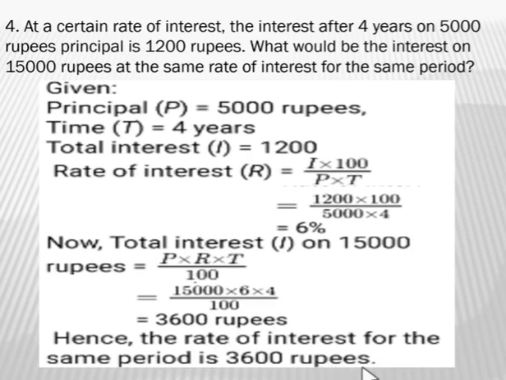Now children, one more thing you can do in this example. Now here the ratio of interest to the principal remains the same. That also you can take here. Now here also if you see, the principal increases by 3 times of the given principal. Hence the interest will also be 3 times of the given interest. Here 5,000 into 3 is 15,000. Hence the interest on 15,000 rupees will be 3 times of 1200. That is 1200 multiplied by 3 is 3600 rupees.